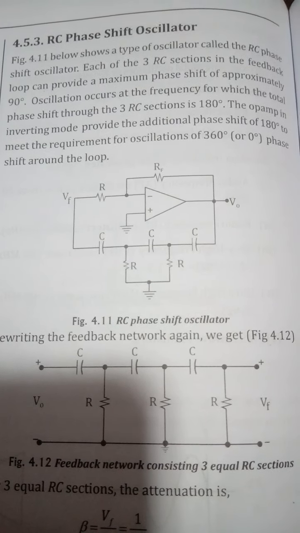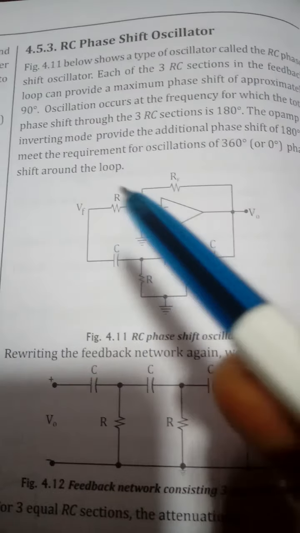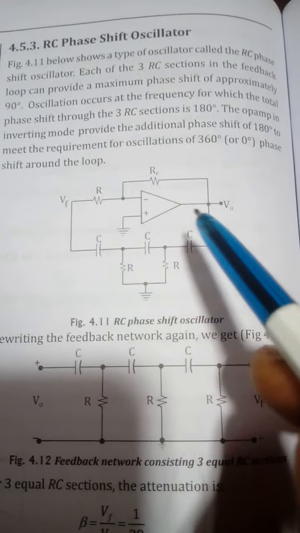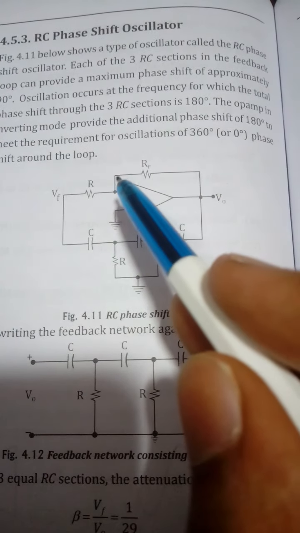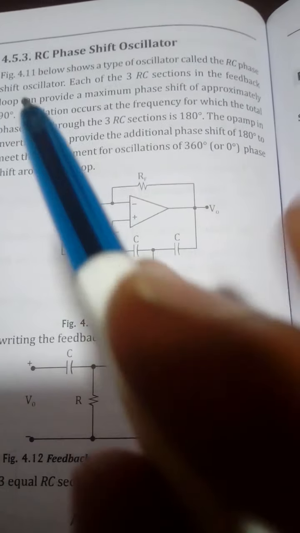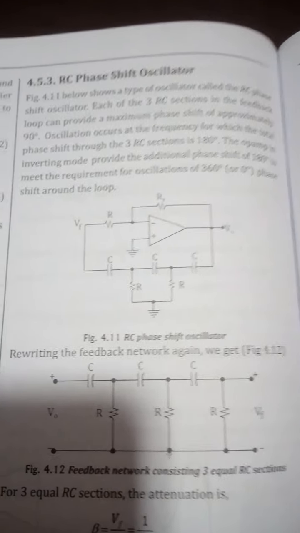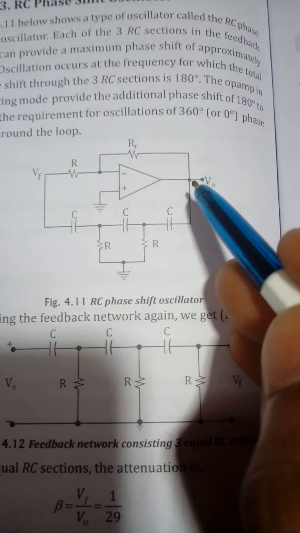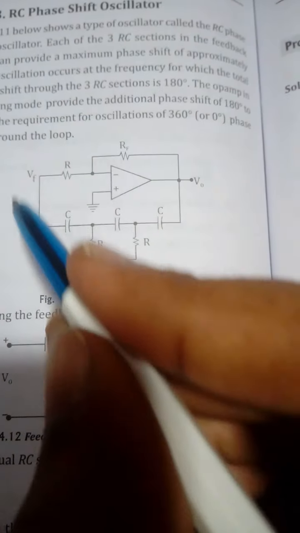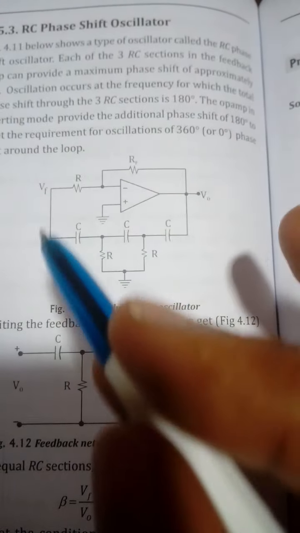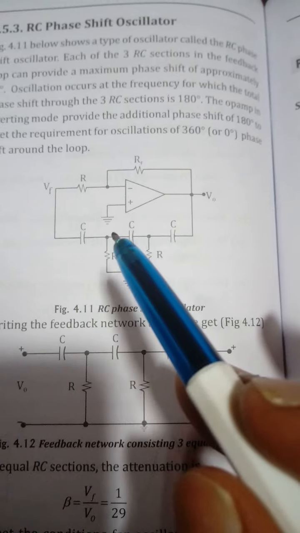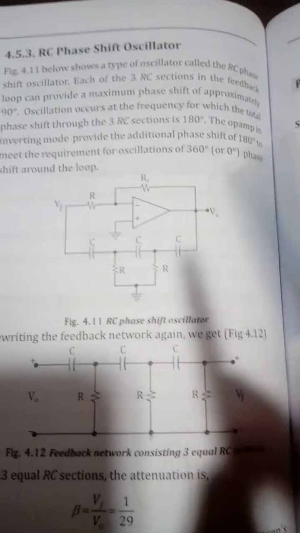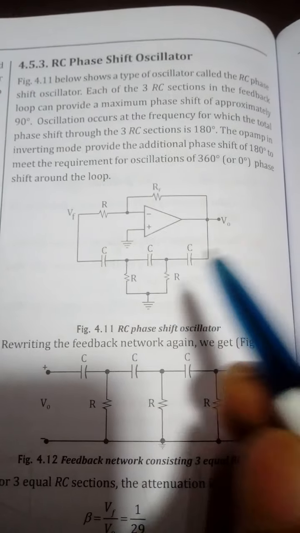You can see that there is an inverting op amp, which means the non-inverting terminal is connected to the ground, and you have the feedback resistance as well as the input resistance. So this is common in case of your inverting terminal. The extra thing you are doing is giving one more feedback, with the connected resistances and capacitances, to the input resistance. So this is an extra feedback you come across in the RC.